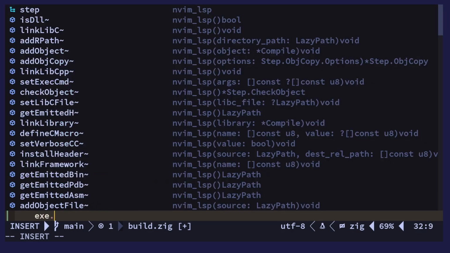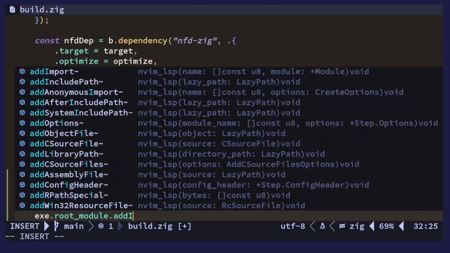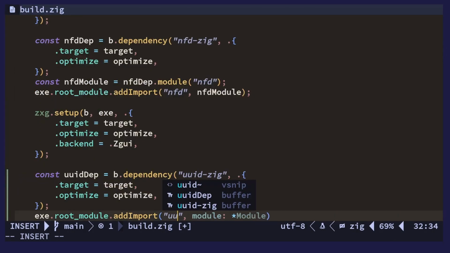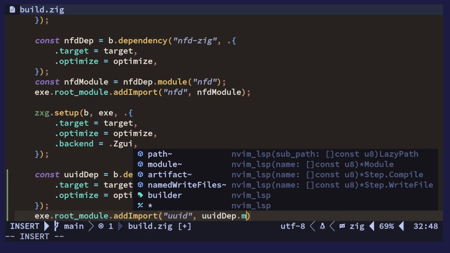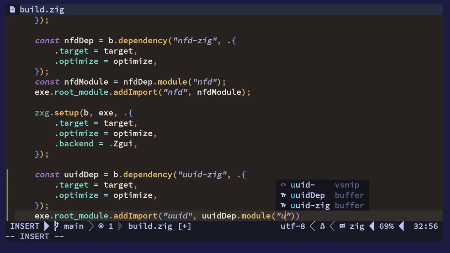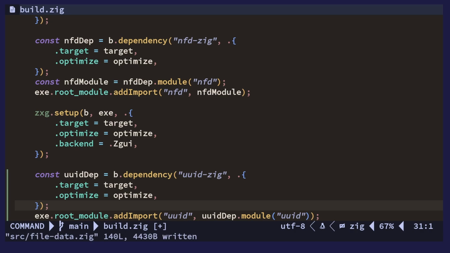And then you have to add this import to the root module. Import UUID. And the module is going to be uuid dep dot module, and I'm not sure what the name is. I have to look it up in the uuid sig build module, and it's called uuid. So good. So now we should actually have access to that,